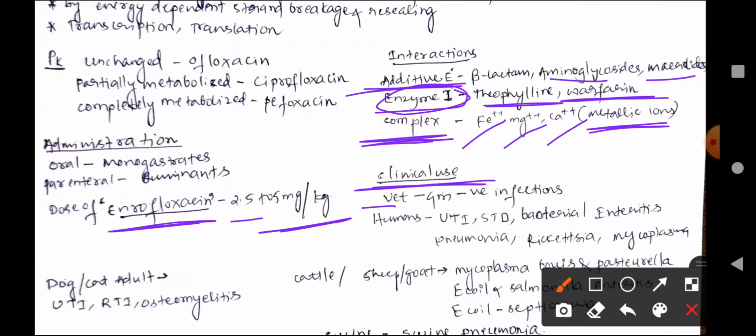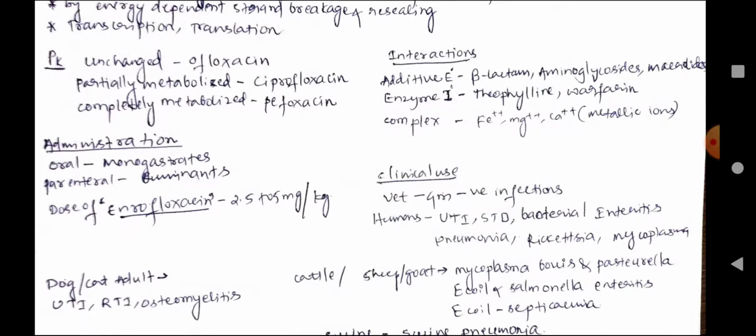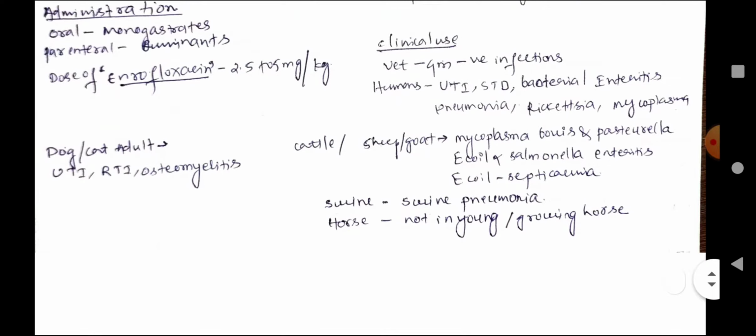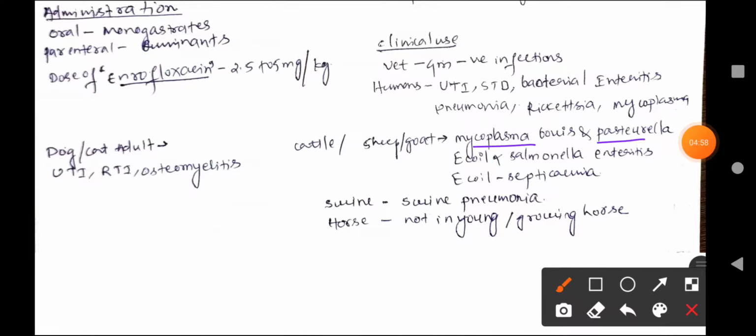In veterinary medicine, they are mainly used to treat gram-negative infections, and in humans, they are also used for treating urinary tract infection, sexually transmitted disease, bacterial enteritis, pneumonia, rickettsia, and mycoplasma organisms. And in cattle, sheep, and goat, they are used to treat Mycoplasma bovis and Pasteurella,